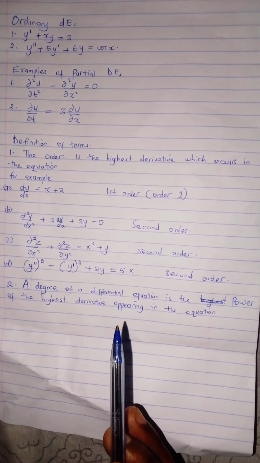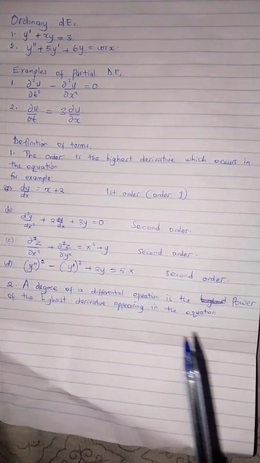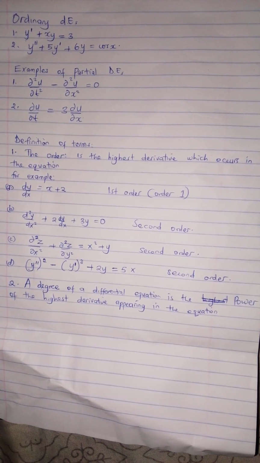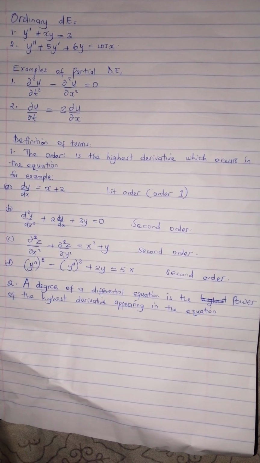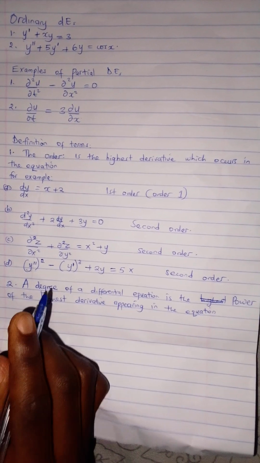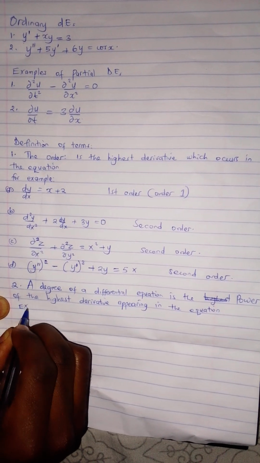It is the power of the highest derivative. It is not the highest power, but the power of the highest derivative. So you have to be keen about that. So, for example, we have examples here,